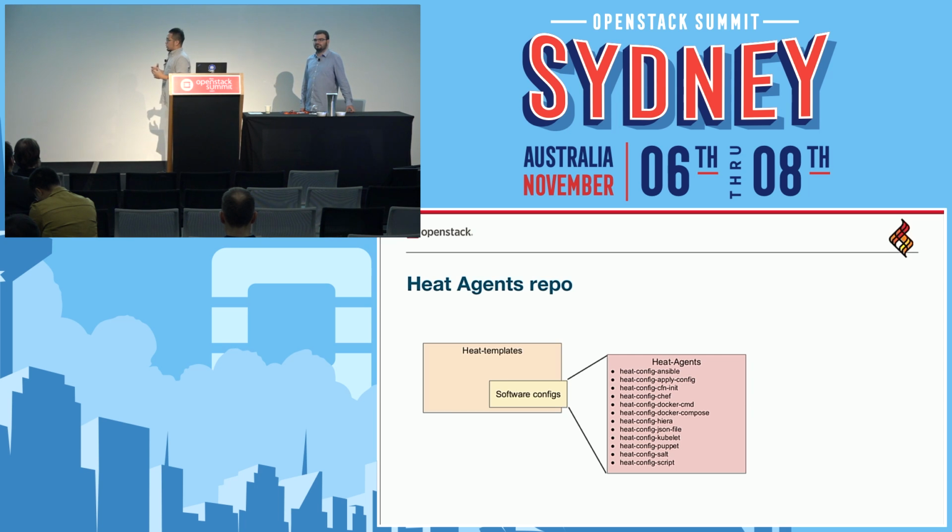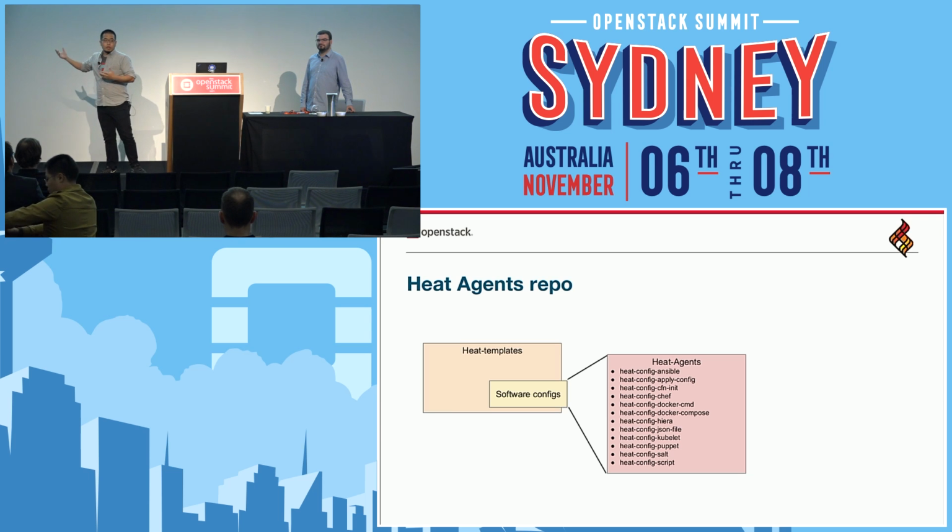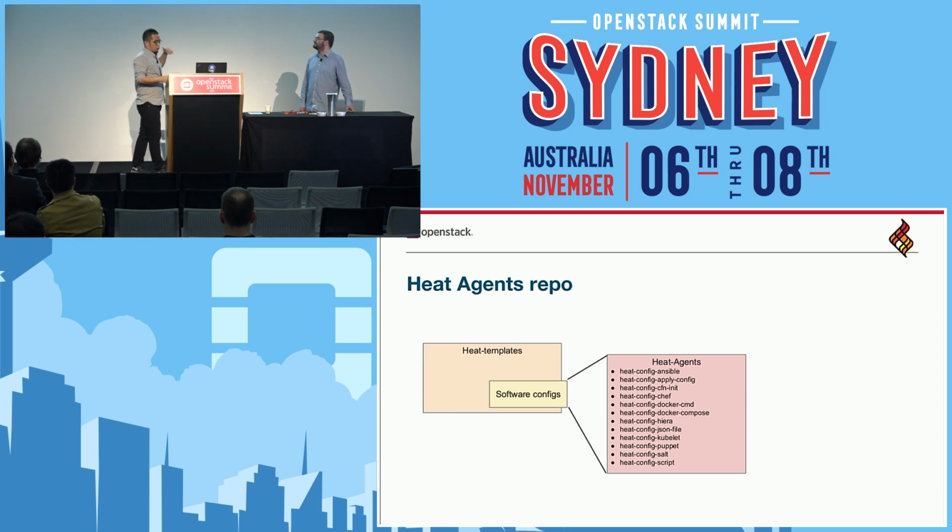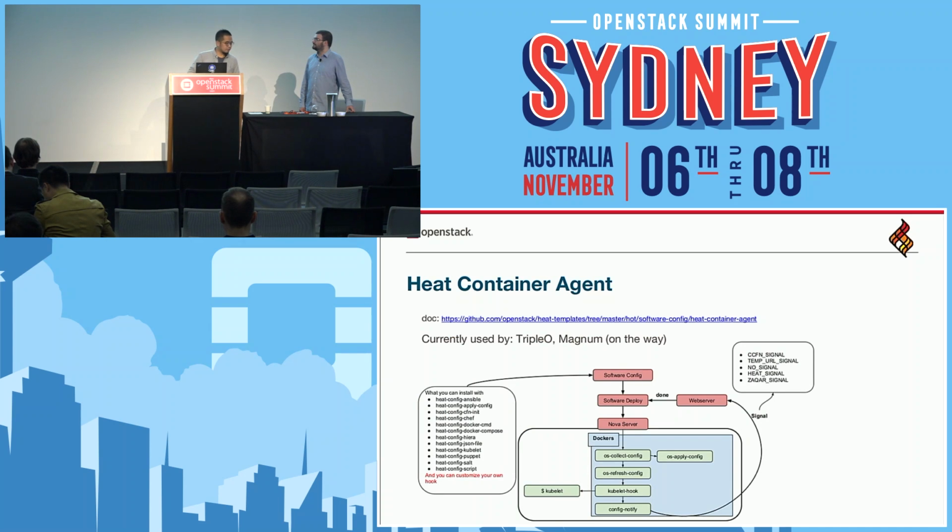So if you want to contribute to Heat with your agents, you can do software config, and using any of the agents you like, say an Ansible script, do the software config. Now you can go to the heat agent repository and get that. And in the long term, we should add more tests for the heat agent repository, which would make it easier to maintain.